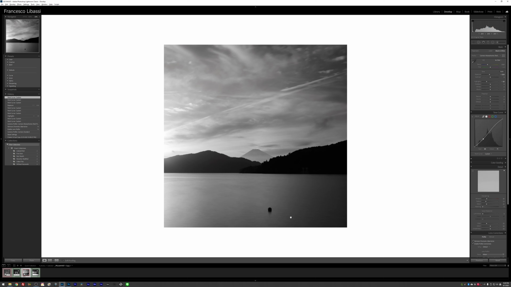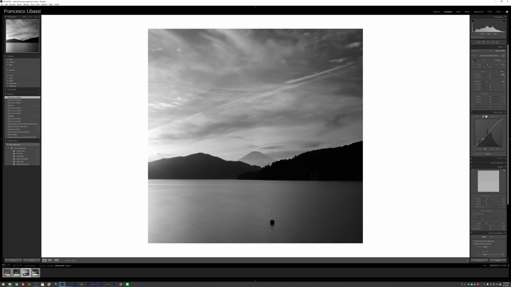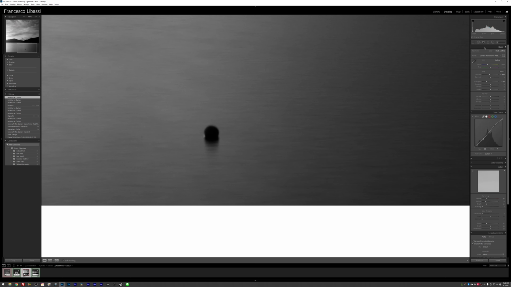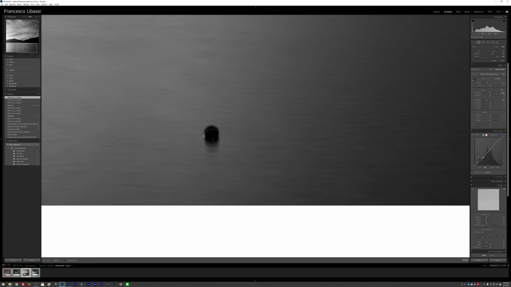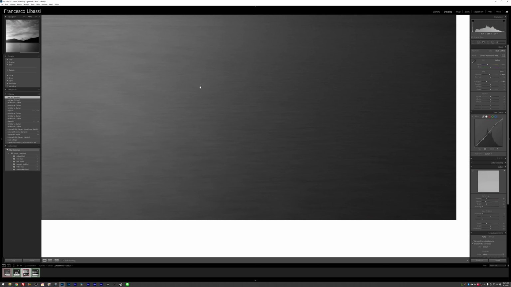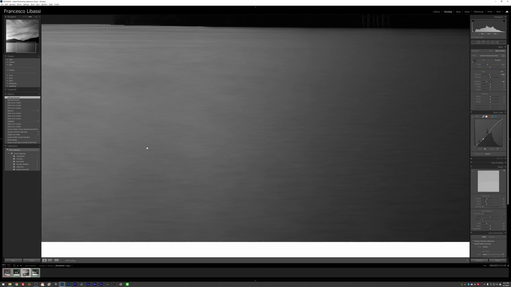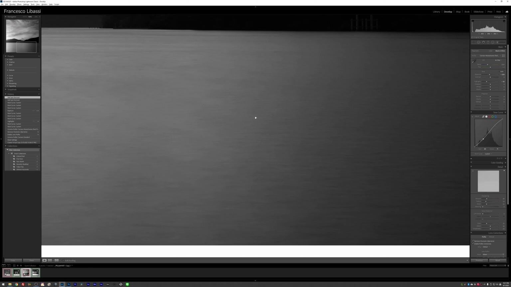Next thing, before doing anything else, I just want to get rid of this really annoying object floating here. So 100%, get my spot removal tool, get it a little bigger, and just get rid of it. Ooh, didn't do a really good job. Yeah, something like this. And of course you can see there are lots of white spots here because it's a really long exposure, but I'm not gonna go and delete all of these for the purpose of this video. For the actual image, I went in and deleted all these really small white dots. So let's go back.